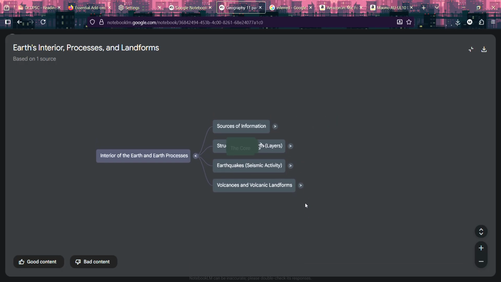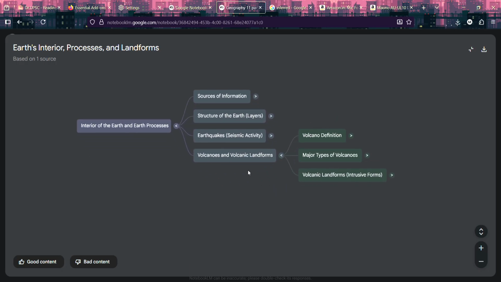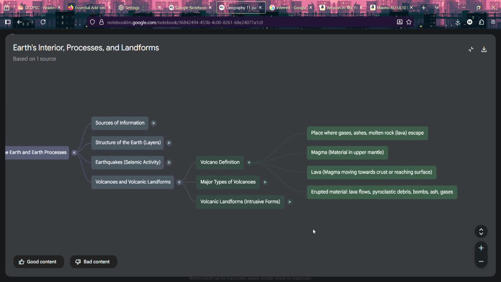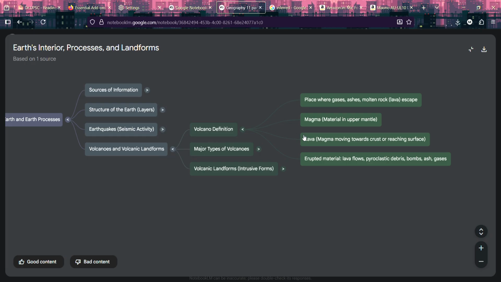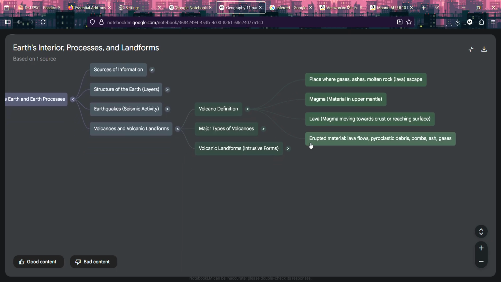The last topic is volcanoes and volcanic landforms. So let's go to the definition. Volcano definition: a place where gaseous molten rock escapes. Magma is material in the upper mantle; moving toward the crust or reaching the surface, it is called lava. Erupted materials include lava flow,